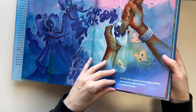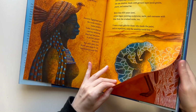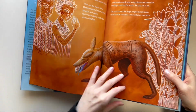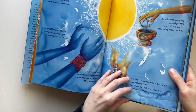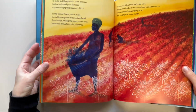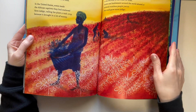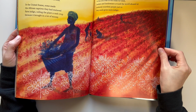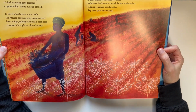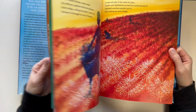which is very interesting because it's very complicated to get certain colors, especially this color. So it's a picture book, and at the end it talks about the history of indigo and the evil side of the trade for blue. Leaders and landowners around the world abused or enslaved countless people just so they could grow more indigo. So it talks about all the different